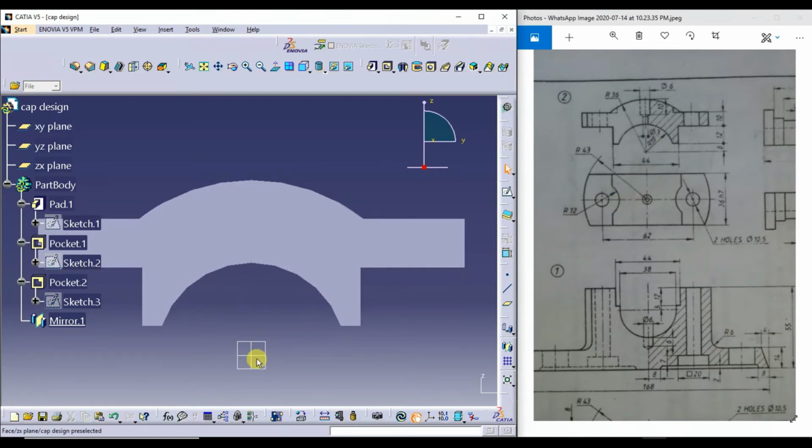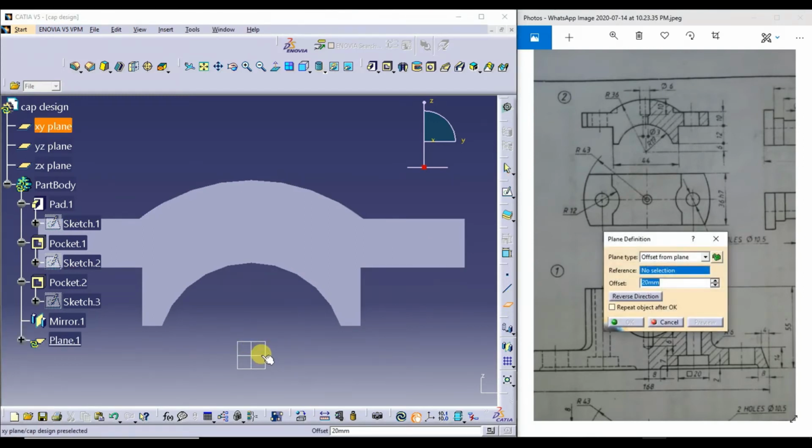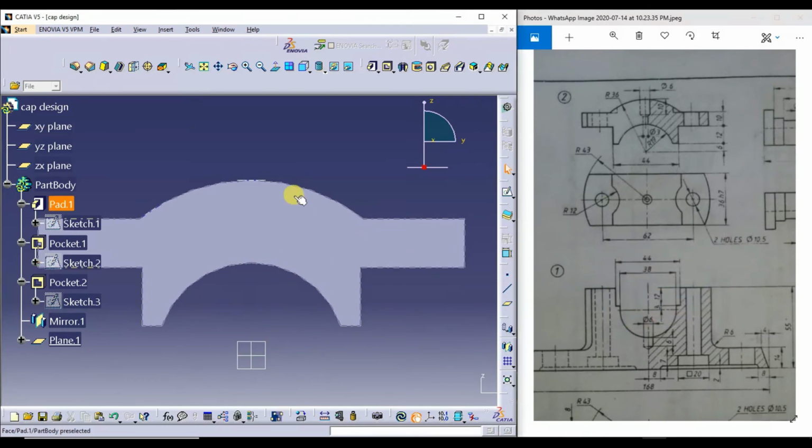This is the center of the circle. So from here to here it is 36. So I'll go for the plane option. I'll enter 36 distance. So this is our plane.